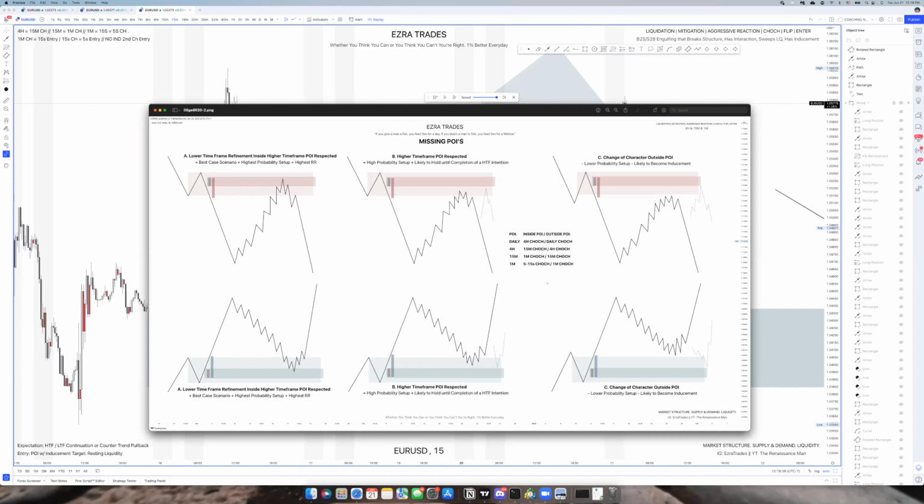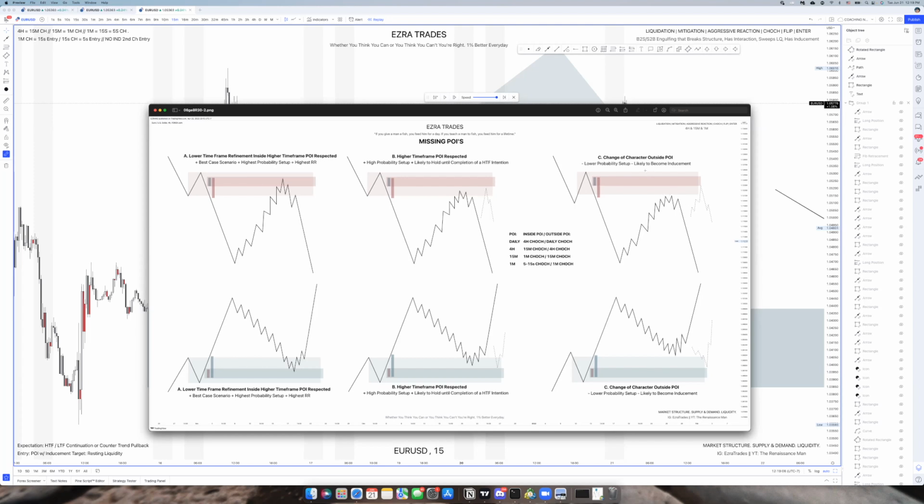So this is what I'm going about. For example, we have, let's say, these 3 scenarios on the lower time frame refinement. If price comes in and gives a tap, we can get a refined entry. If price doesn't tap the refinement and misses it, then we need this time frame to give the change of character. But the particular scenario that we're focusing on is C. If price entirely misses that range that we're looking at,